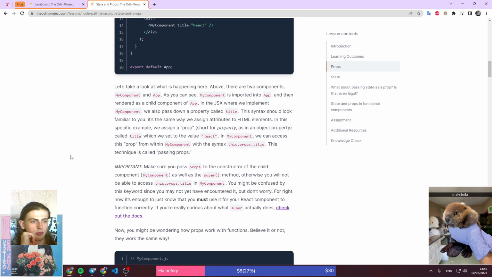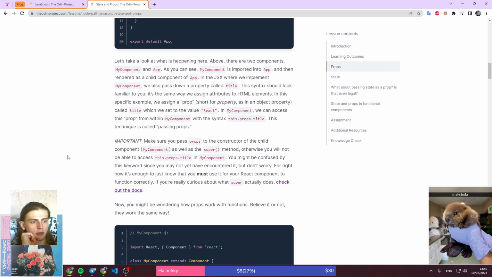But make sure you pass props to the constructor of the child component MyComponent as well as the super method, otherwise you will not be able to access this.props.title in MyComponent. You might be confused by this keyword since you may not yet have encountered it, but don't worry. For right now, it's enough to just know that you must use it for your React component to function correctly. If you're really curious about what super actually does,